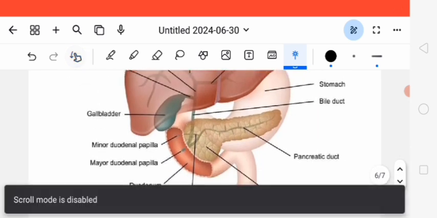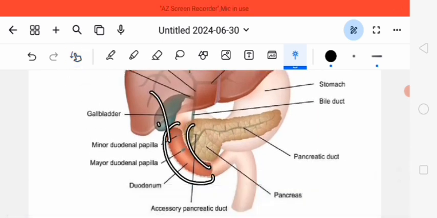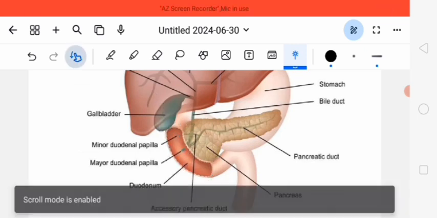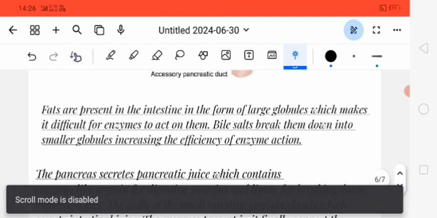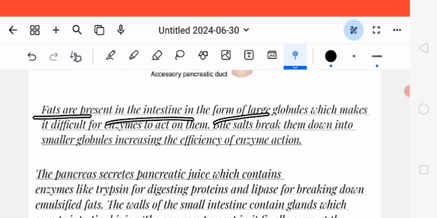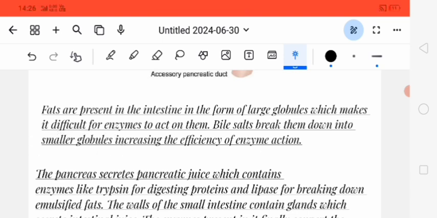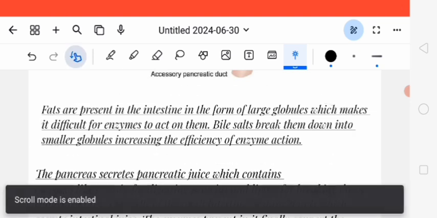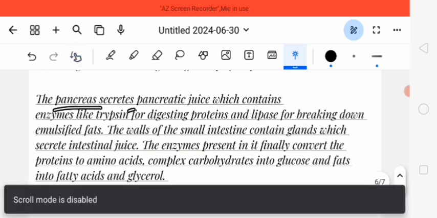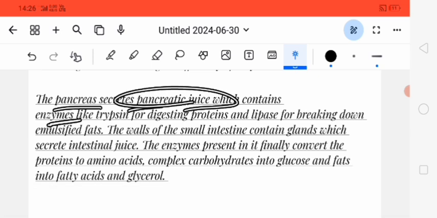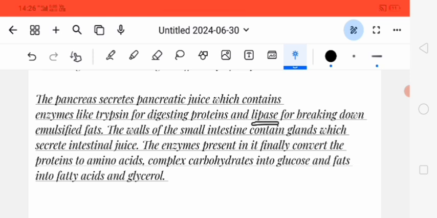See, this is the duodenum. From here the bile juice is secreted, from here the pancreatic juice is secreted. Okay, read these lines. Fats are present in the intestine in the form of large globules, and that makes into fat droplets, which are smaller droplets we call. This process is called emulsification of fat, right? And the pancreas secretes the pancreatic juice, which contains an enzyme we call trypsin, which acts on proteins, and lipase breaks down the